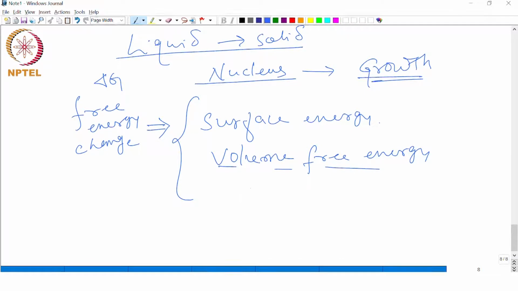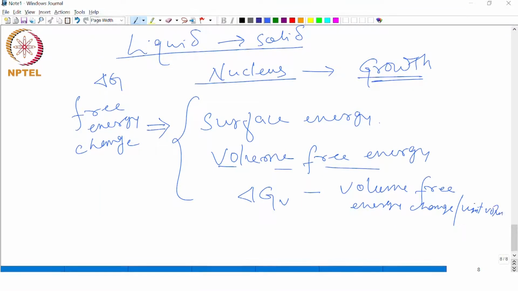So, if delta G V is the volume free energy per unit volume, and gamma be the surface energy per unit area,